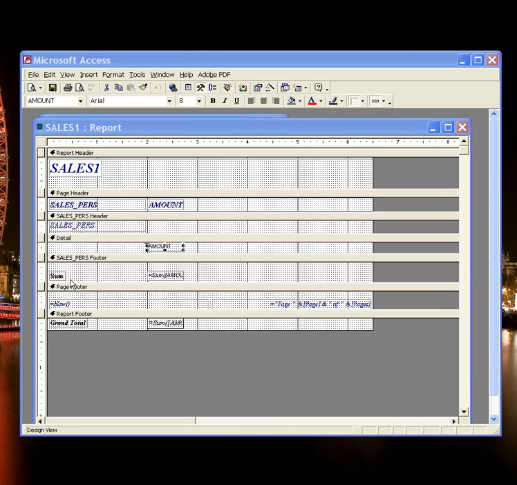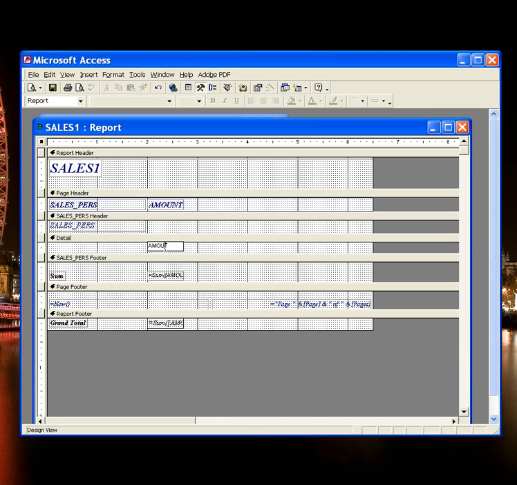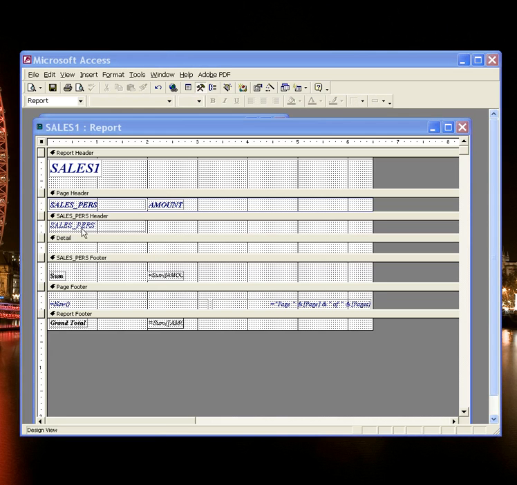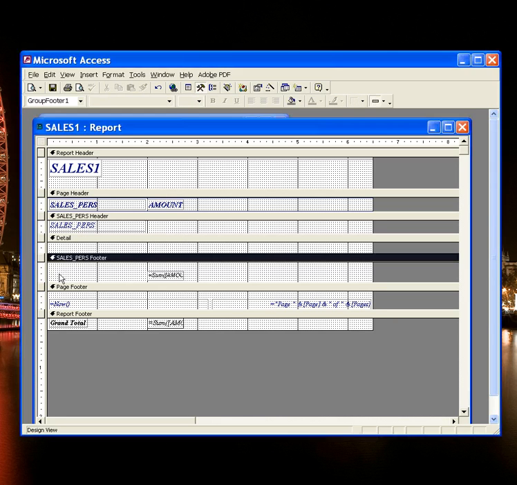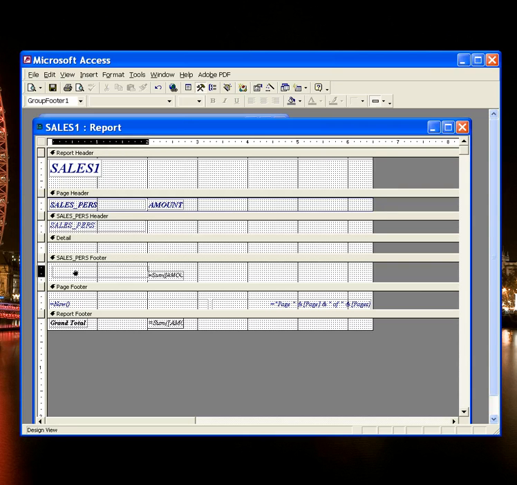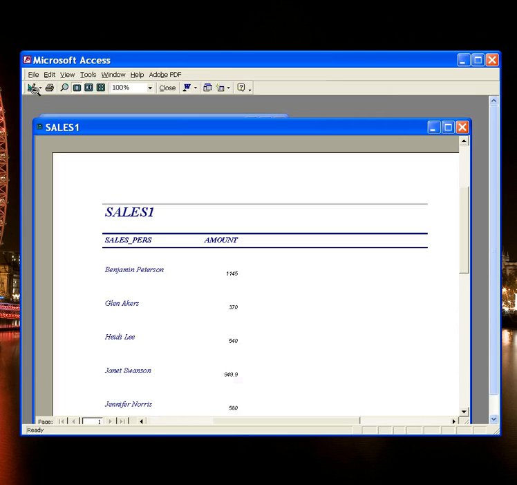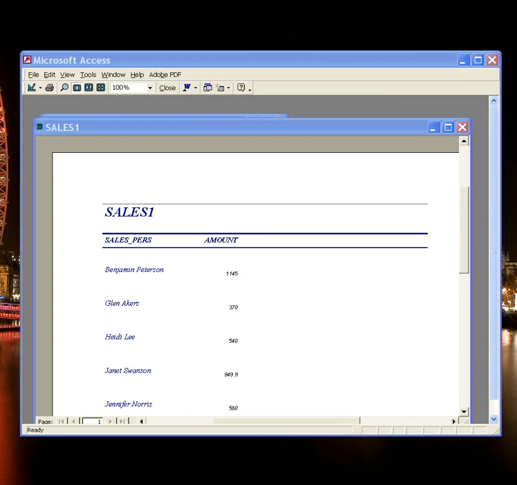Notice how you have all these different sections, and what I'm going to do is, first of all, get rid of that. Okay, and then I'm going to drag this down to here, and then we're going to view it, and now you've got the salesperson and then the